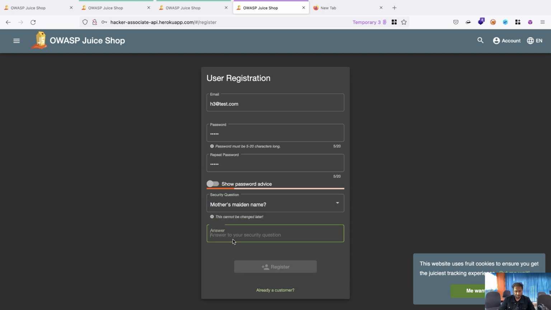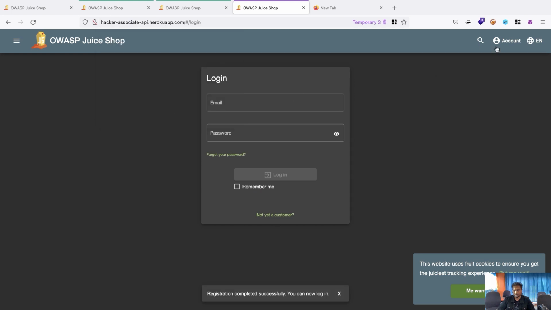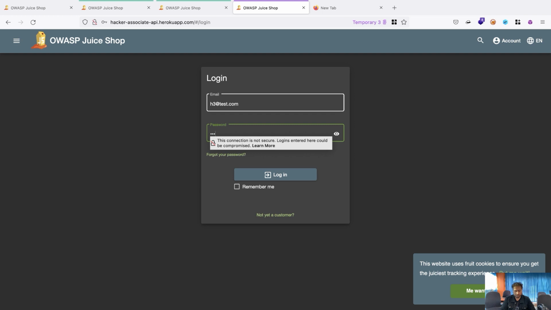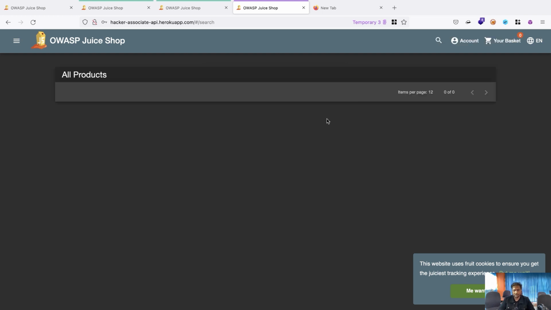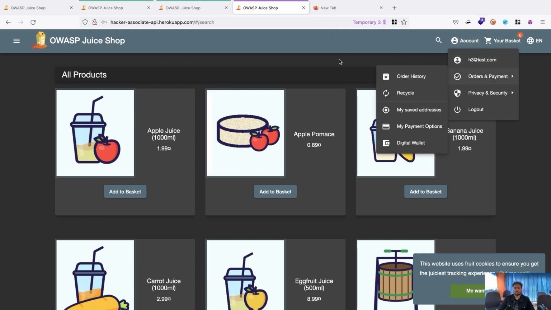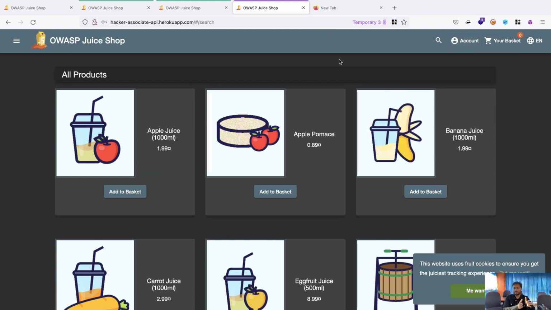For ease, register, and once you register, go to login and enter your credentials h3@test.com and 12345, and login. Now I'll drag and drop so we have the first user h1, the second user h2, and the third user h3. You can see in the same browser we are logged in with 3 different users.